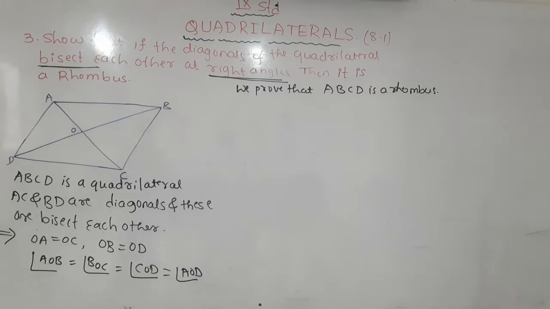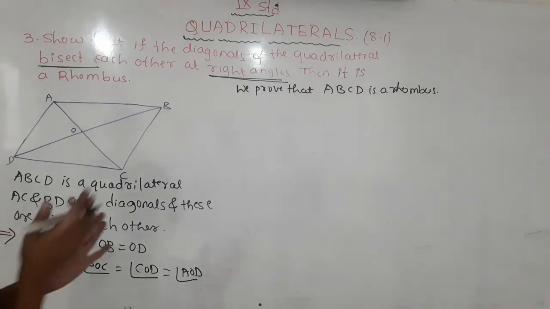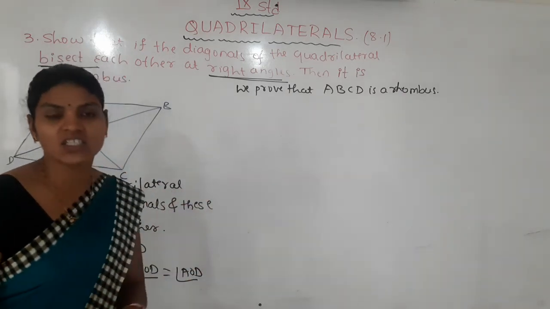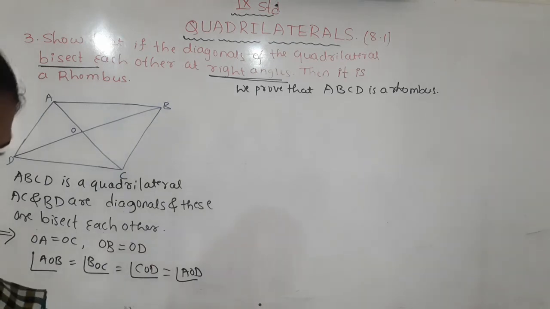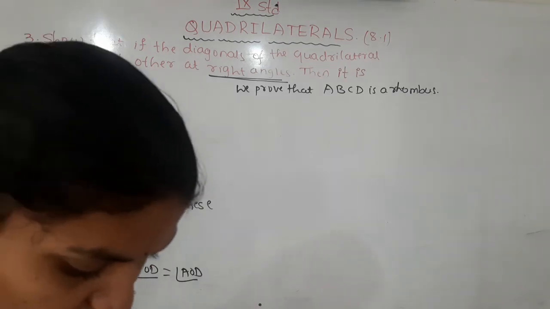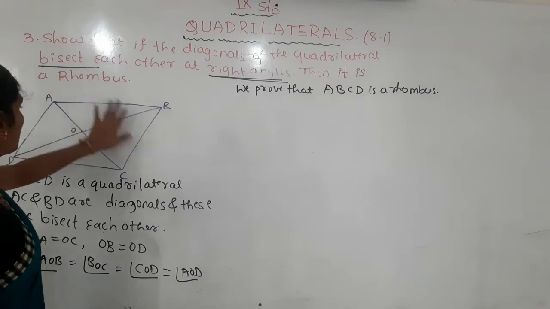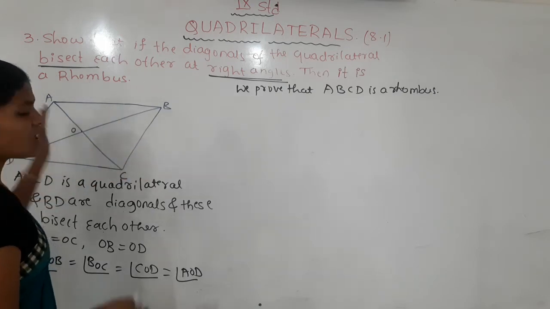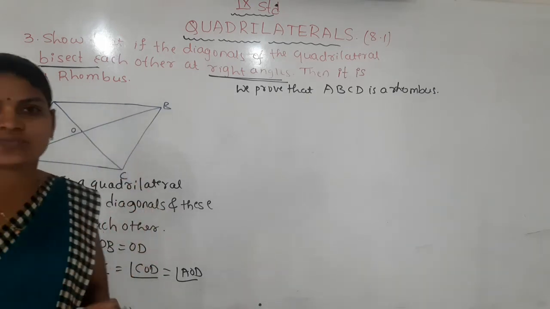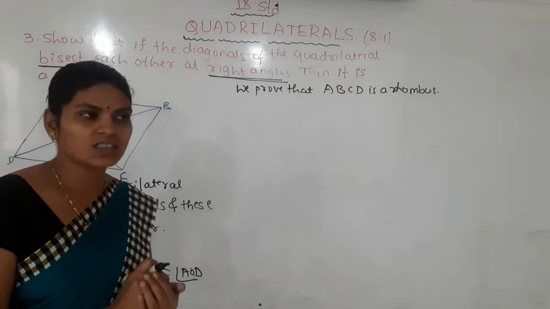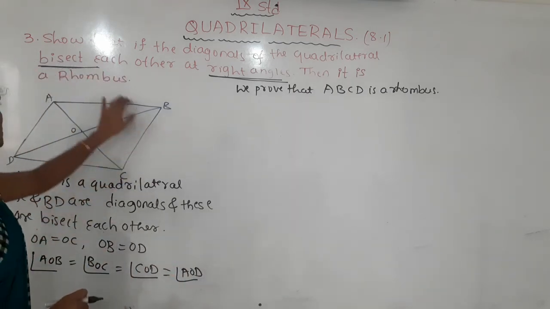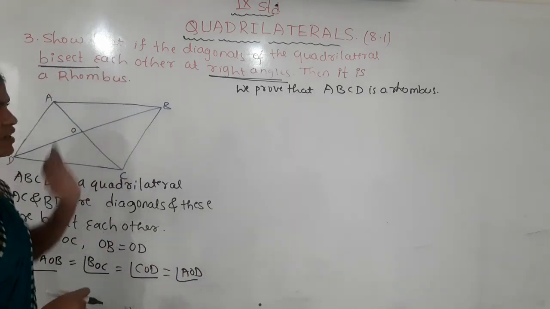Yes. So if a parallelogram becomes a rhombus, what are the conditions here? In a parallelogram, opposite sides are equal as well as parallel. And if it comes to a rhombus, all the sides of the rhombus should be what here? Equal. That means we have to show that these four sides are equal.